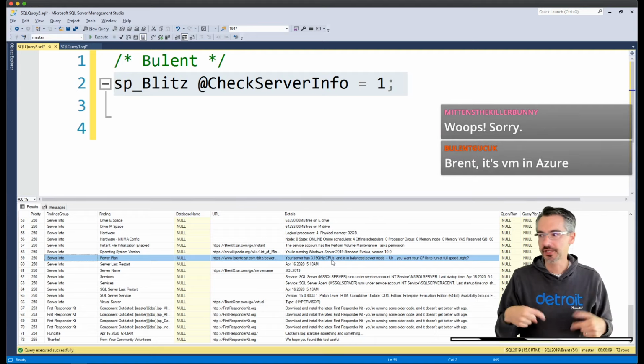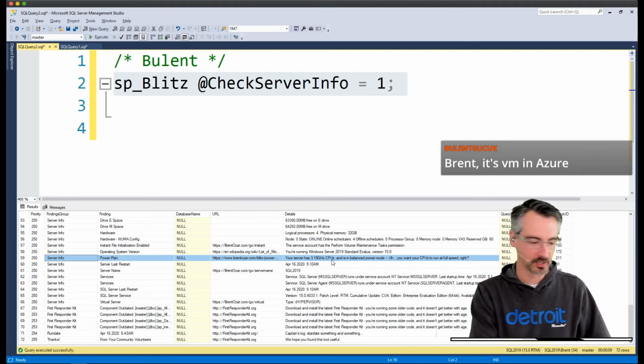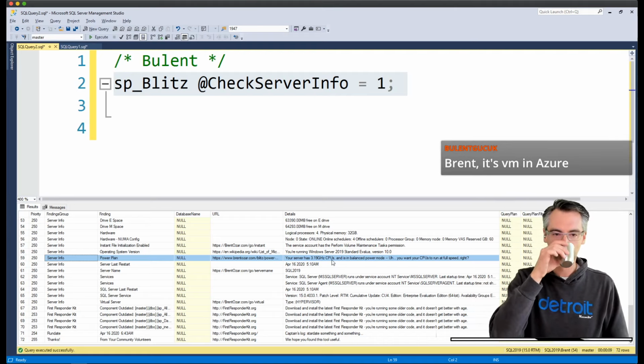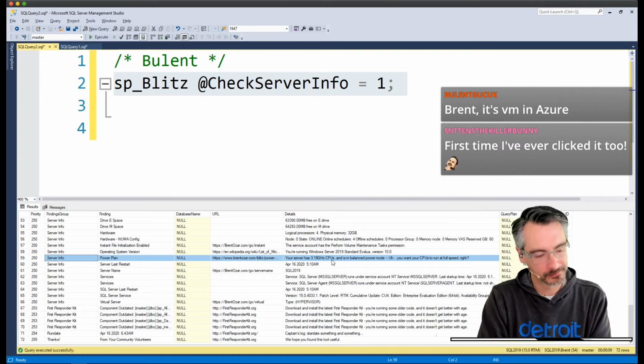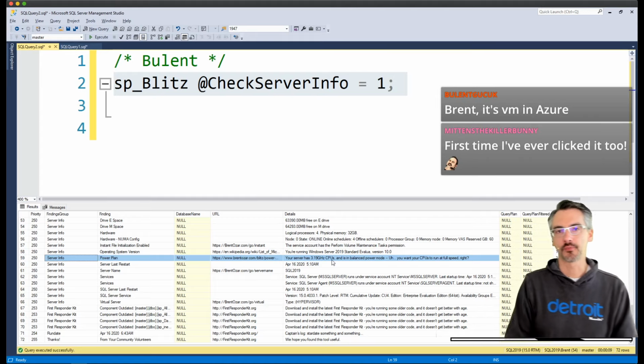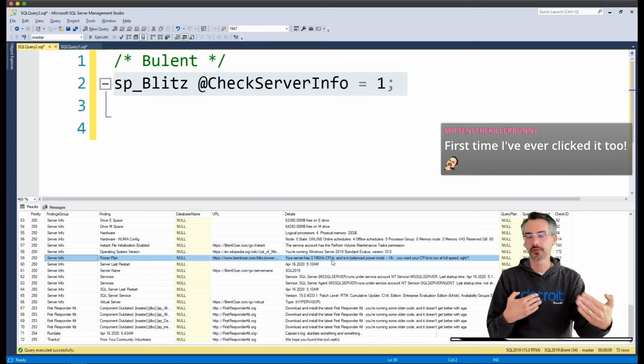It's not enough to just set it inside of Windows. Oh, it's a VM in Azure. So the thing with VMs in Azure is you're probably not getting any kind of fast CPU speeds.